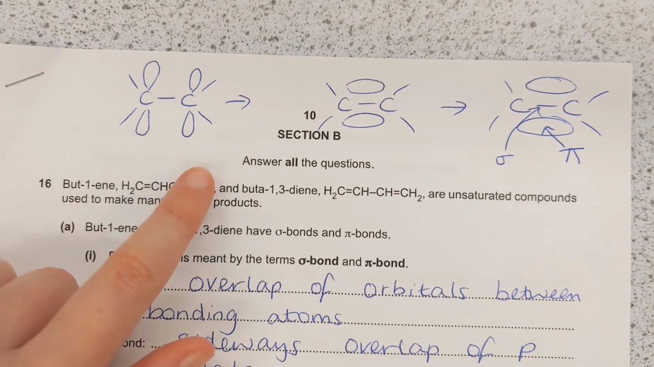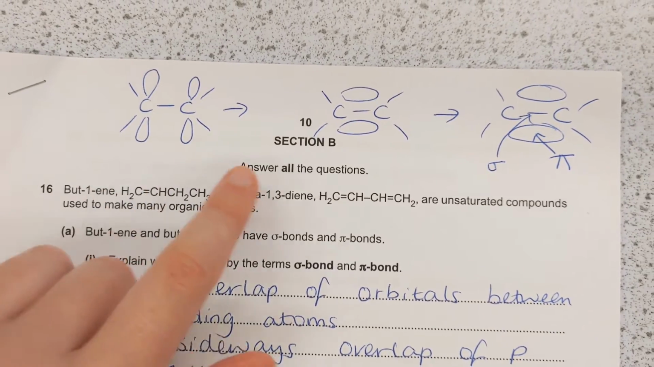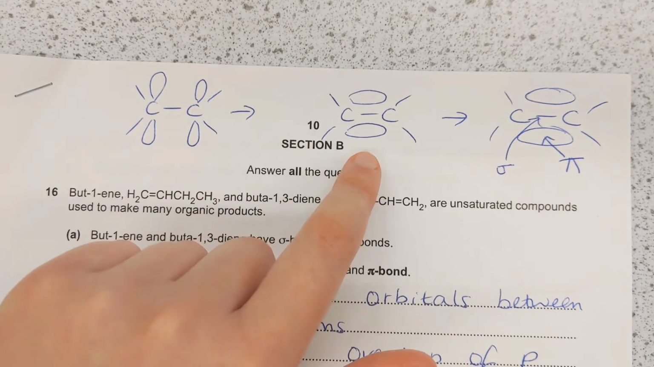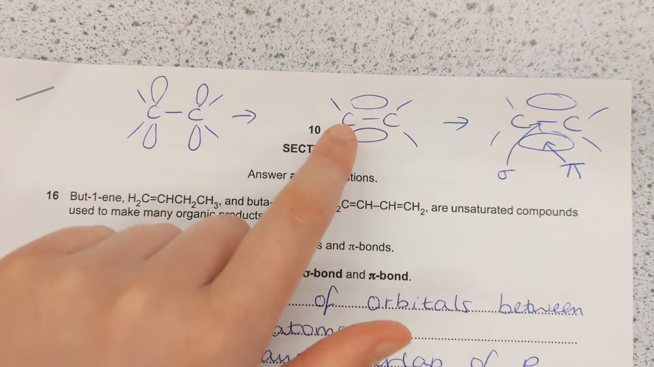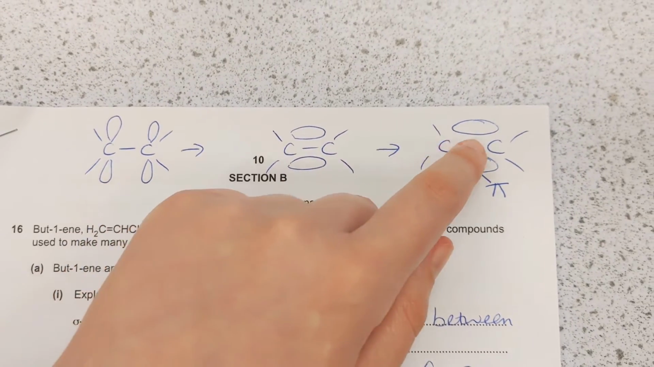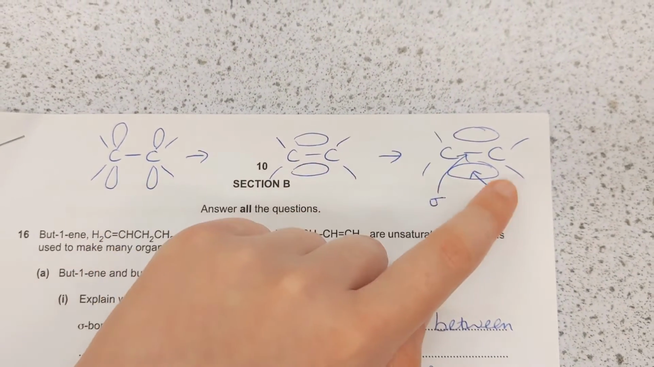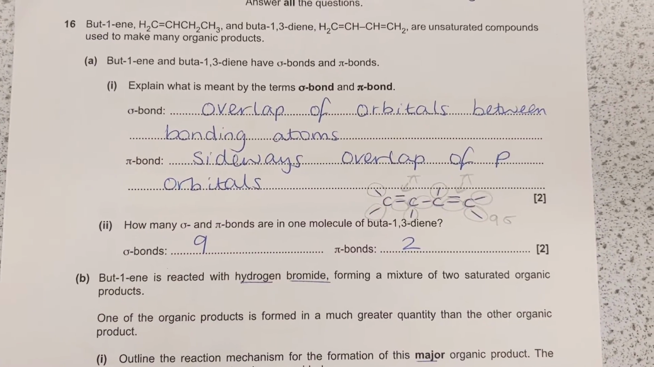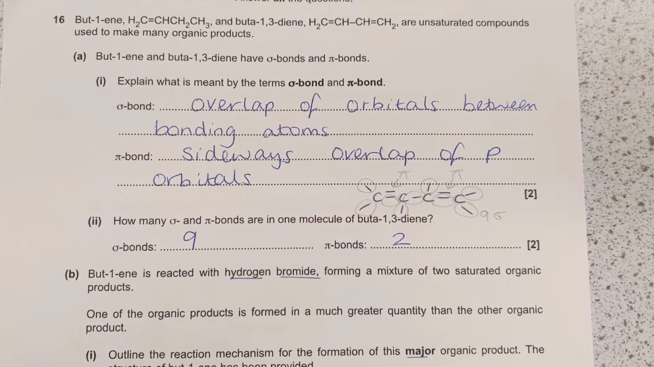orbitals. These are the p orbitals on each carbon atom, and here is the electron density where the p orbitals have overlapped above and below the plane of carbon atoms, and this bond here is the sigma bond and this is the pi bond. Next question asks how many sigma and pi bonds are in one molecule of